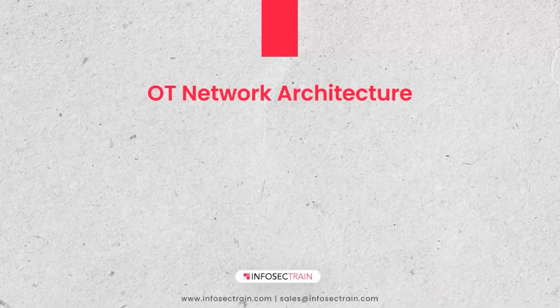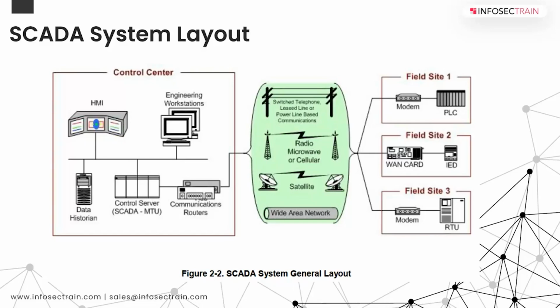All right. So we saw what the OT industry sectors are. We saw the field instruments. Then we saw the various controllers. Now let's see the architecture of the controllers. You might have seen a bit of it earlier when we were discussing the different controllers, but this gives a much better perspective of how the layout is. What you're seeing now is a SCADA system layout, and this is how it is.